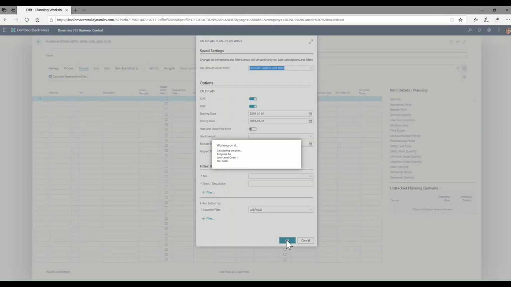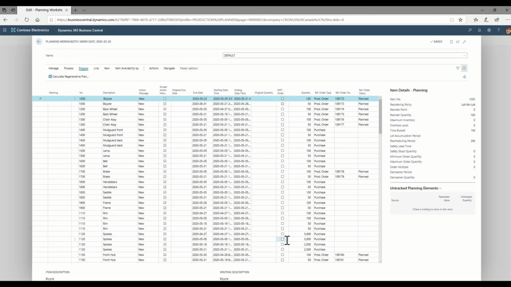I'll go ahead and it'll make a calculation based on demand, supply, current inventory levels, when those items are needed, and it's going to make what are essentially a series of suggestions to us. So it can propose different action messages. Right now we're only seeing new, but we could also see things like change the quantity, reschedule, cancel a particular purchase order or production order, etc. So we see here that it's asking us to create a production order for a bicycle for 100 units,